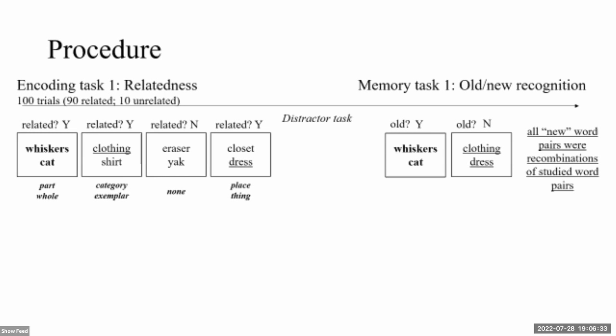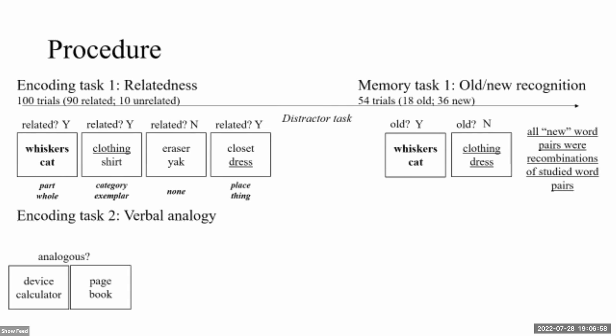So you might notice that the individual words in this task were shown during the prior encoding task, but what we're asking participants to judge is whether the combination of words were shown during the encoding task. And this task involved 54 trials, 18 of which featured old word pairs and 36 of which featured new word pairs. After this memory task, we had people complete a verbal analogy task in which we presented on each trial